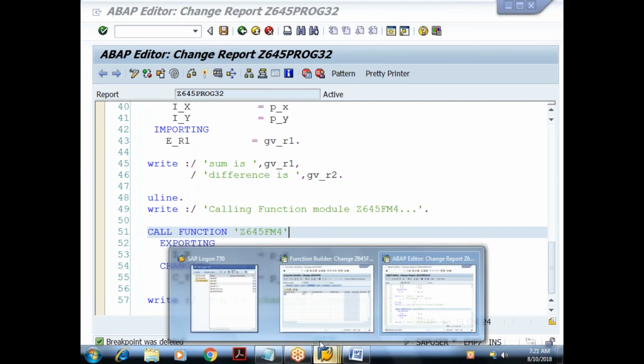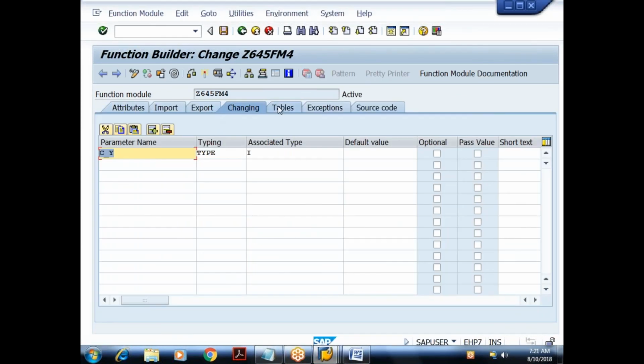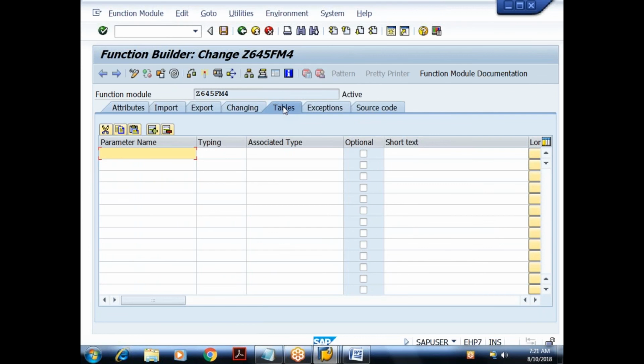Done. So we understood about import, export, and changing tables. Nothing but they are the internal tables. Whatever you specify under tables, they are nothing but internal tables. Just like in subroutines, whenever you are dealing with internal tables as parameters to subroutines, we were using the keyword tables. Here also, to deal with internal tables as parameters to a function module, we have to specify that in the tables section. But whatever type we specify here, this type should be available in the